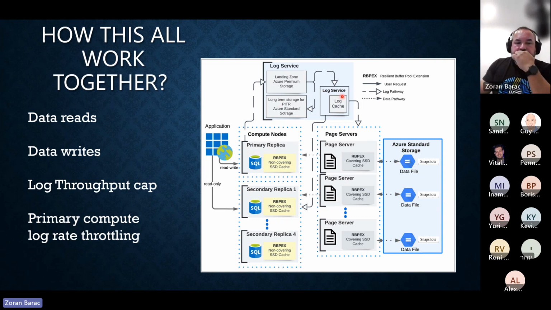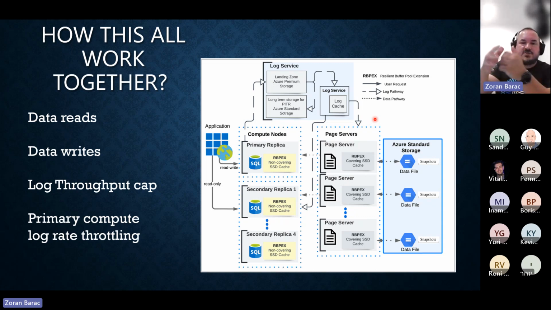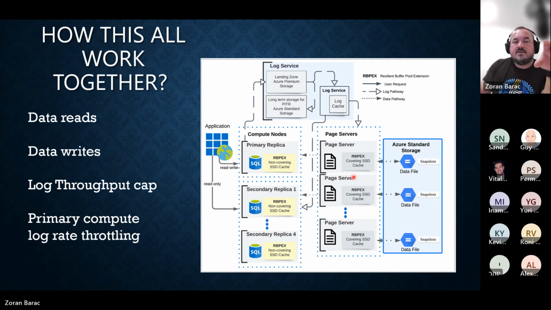If this async is in delay up to a threshold, I don't want to say numbers, I'm not quite sure what the size of the threshold is off the top of my head, I would need to check on that. If it goes above that threshold, it's going to start throttling below 105 megs until this all catches up, and then it's going to go as before.